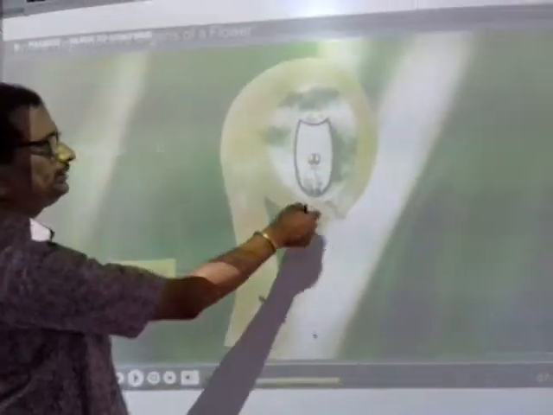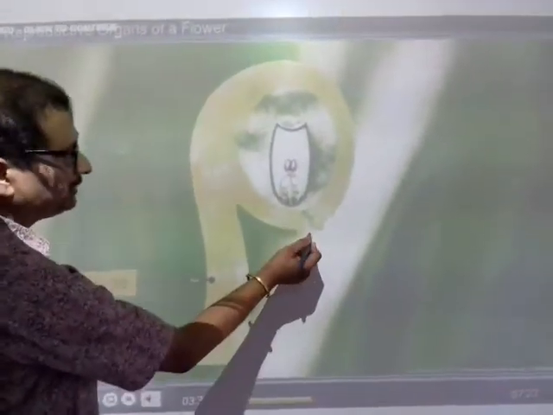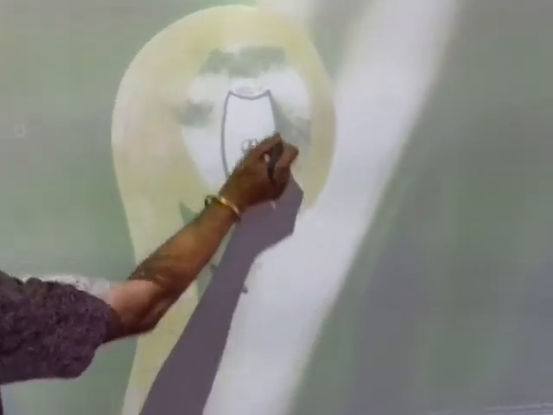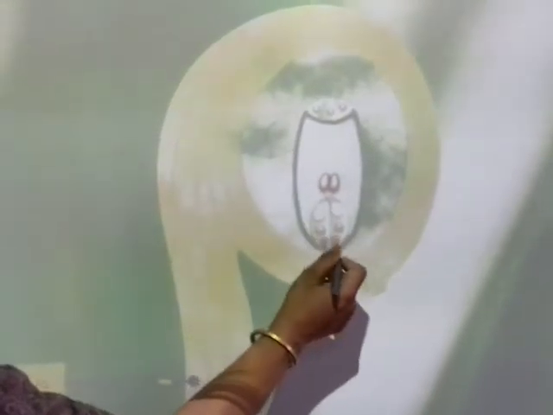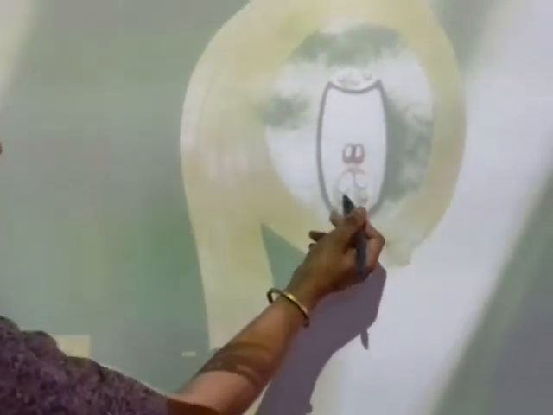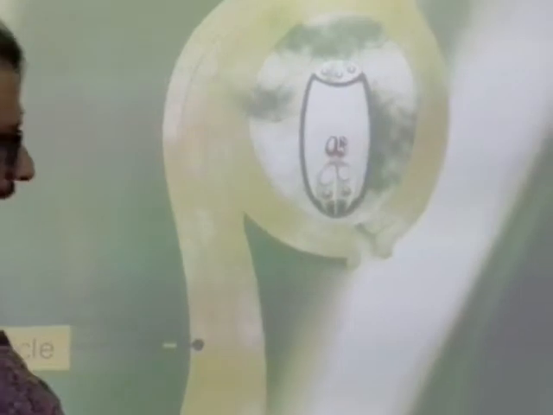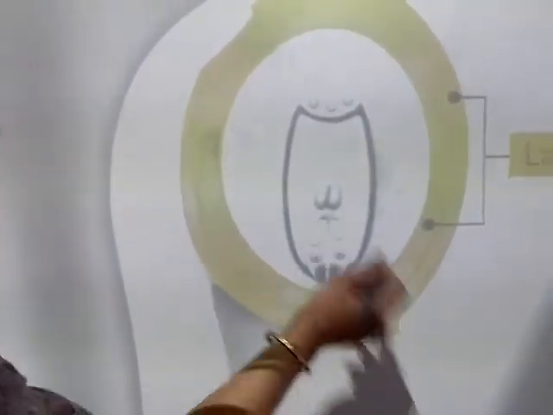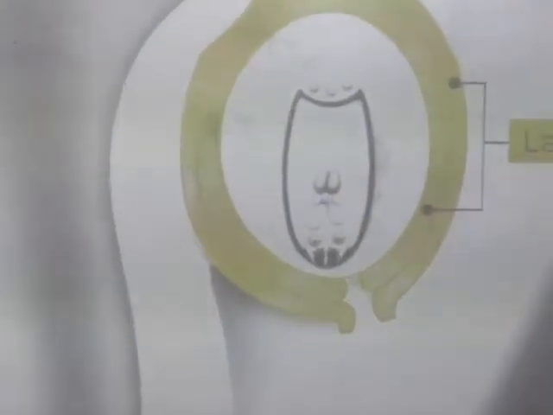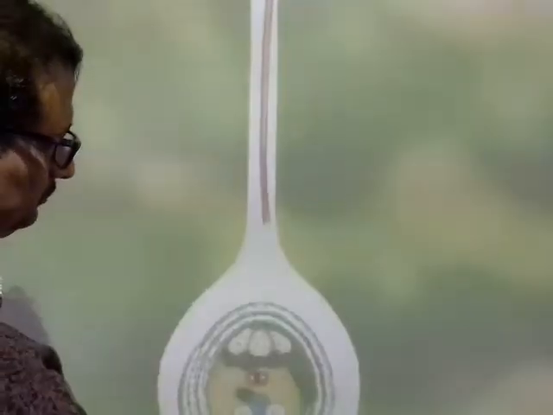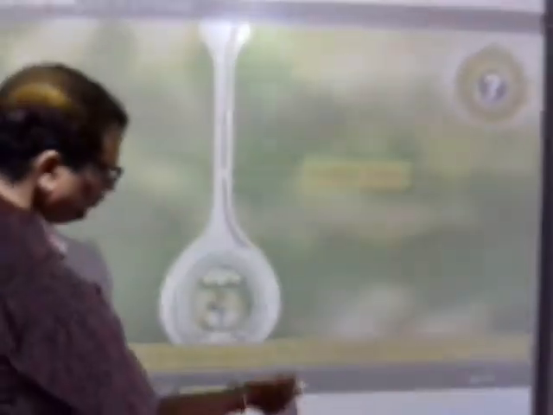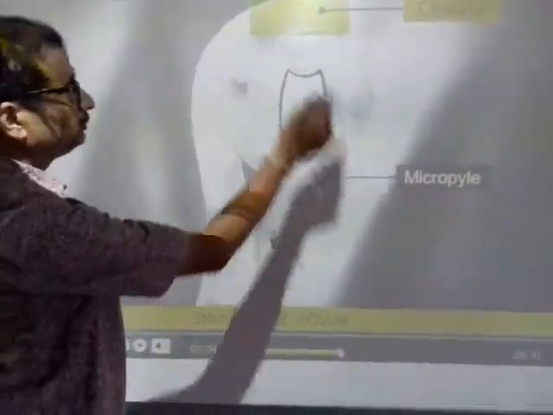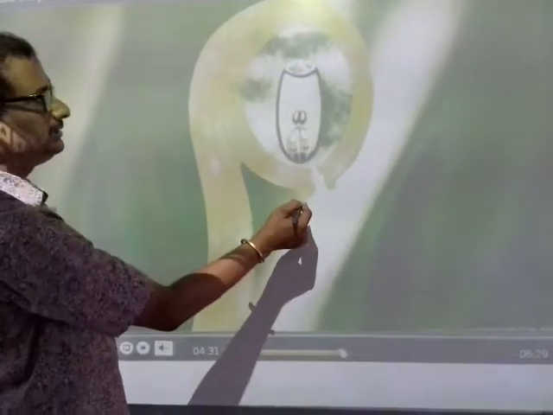You can see this is showing the ovule. This is the micropyle end, the integuments, the nucellus tissue here, the embryo sac, and the filiform apparatus. You can see here the projections, the egg cell, the definitive nucleus, and the antipodal cells. This is shown a little bit enlarged. Now this is showing the fertilization, the pollen tube, how it comes. We'll discuss that later on. The pollen tube is entering.